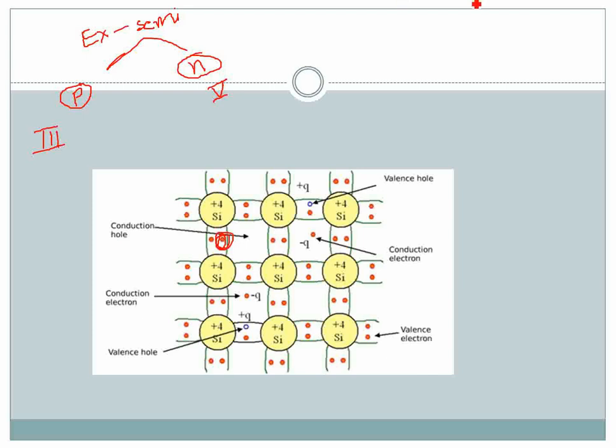One more thing, one term we need to remember while studying semiconductor physics: what is meant by acceptor and what is meant by donor. If the atom is giving an electron to the silicon atom or germanium crystal to form a covalent bond, that atom is treated as a donor. If the material is accepting an electron, that is an acceptor. Please do remember these two terminologies.